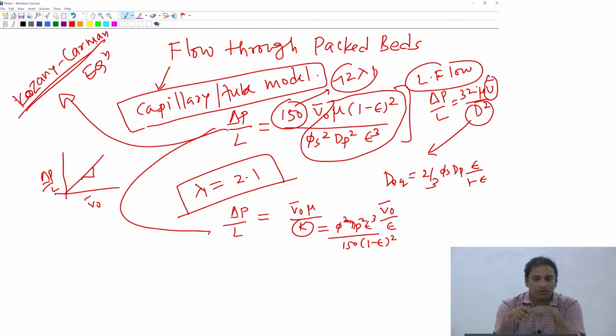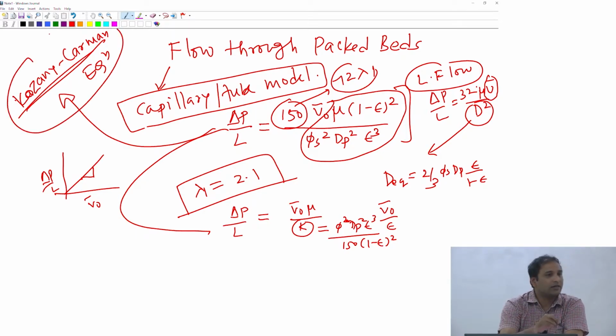The concept that the packed bed consists of tubes, and the concept of equivalent diameter, is not easy to come up with, right? And the fact that they were able to do it in the 1930s and 40s, and people are using these correlations even to date in the industry,